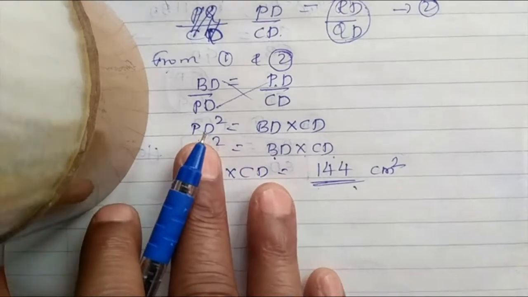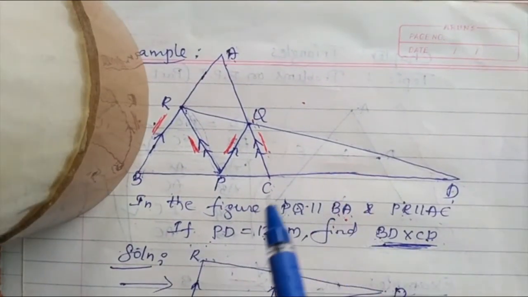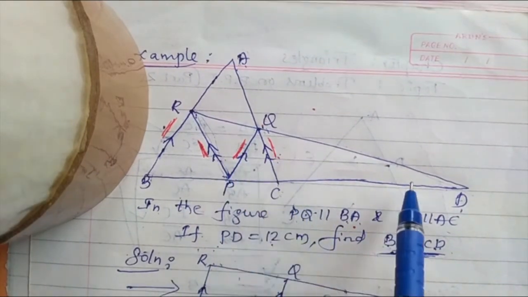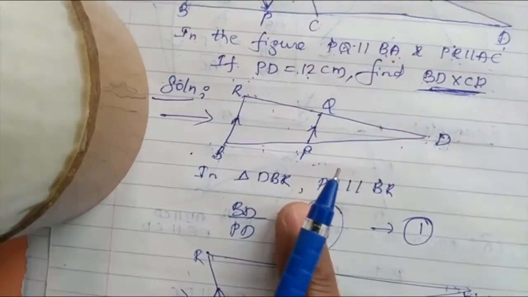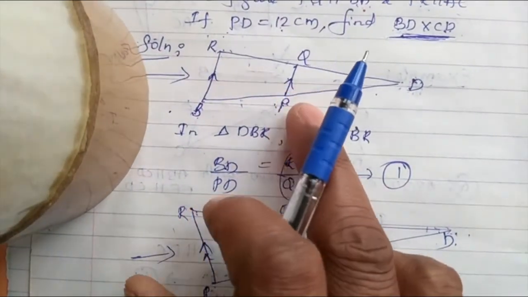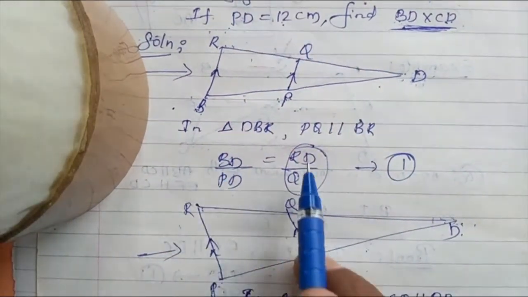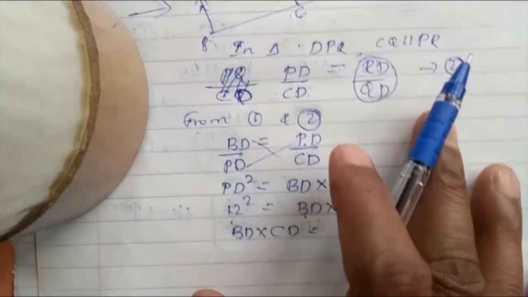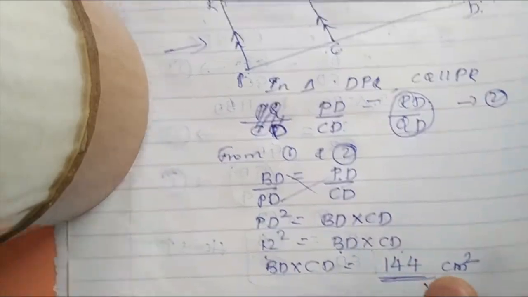This is the answer. So in this way, we initially think the problem is difficult, but it's a simple thing. Select two parallel lines, see which triangle they are included in, separate that triangle and write the BPT. While writing BPT, there are three ways: top by bottom, top by full, and bottom by full. Use whichever method you follow, and from equations 1 and 2 just compare to obtain the required answer. Got it? Go for another example.